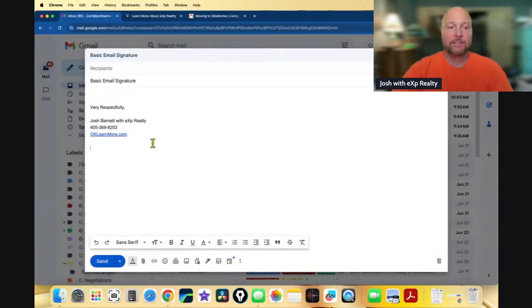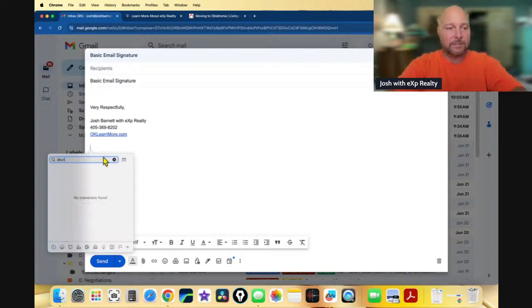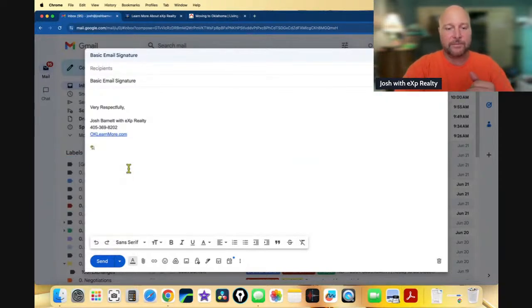So now that that hyperlink is there, what I like to do, you guys verify with your brokers if this is something you want to do. This is what I do. I put a disclaimer portion. So I push Control, Command, and space on Apple, and then search for something that says house. So let's just get a house for the purpose of this live video. We'll put a house right there, and then we'll put disclaimer,